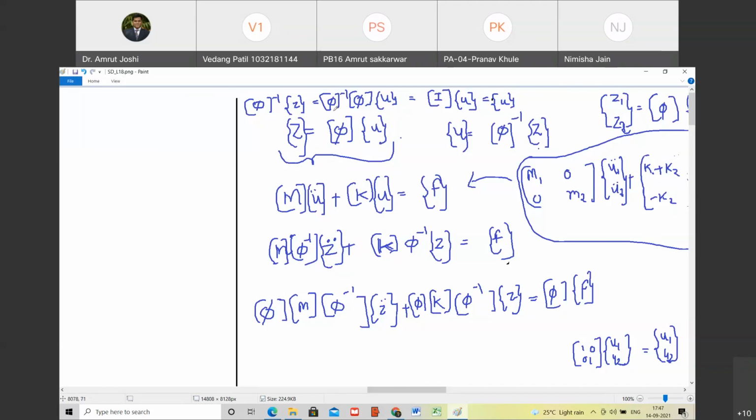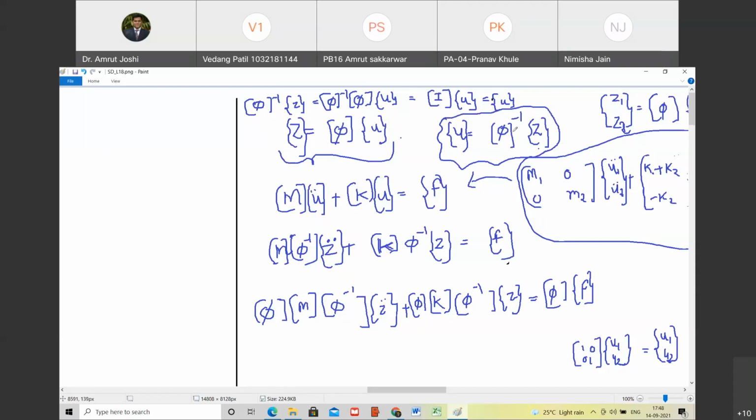Yes. But what is phi inverse into phi? The inverse of a matrix into the matrix is the identity matrix. Yes. So that is the I matrix. Yes. So I into U. But what is I into U? If you multiply any matrix by the identity matrix, it is that matrix itself. Yes. Right. So therefore it is equal to U. So what do I get? Phi inverse Z is equal to U. That's what I am writing. Understood? Okay, sir. Now I am going to substitute this here. Now can you tell me what is U double dot?